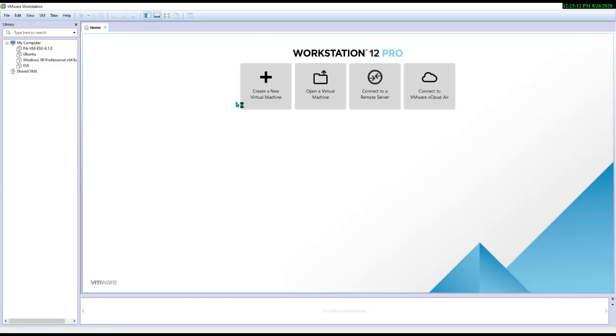But the system should be good. You should have a strong configuration in your laptop. You should have 8 GB RAM at least in your system. The system should be more than dual core or core 2 duo, so that the installation will be easy and you can use it very easily.